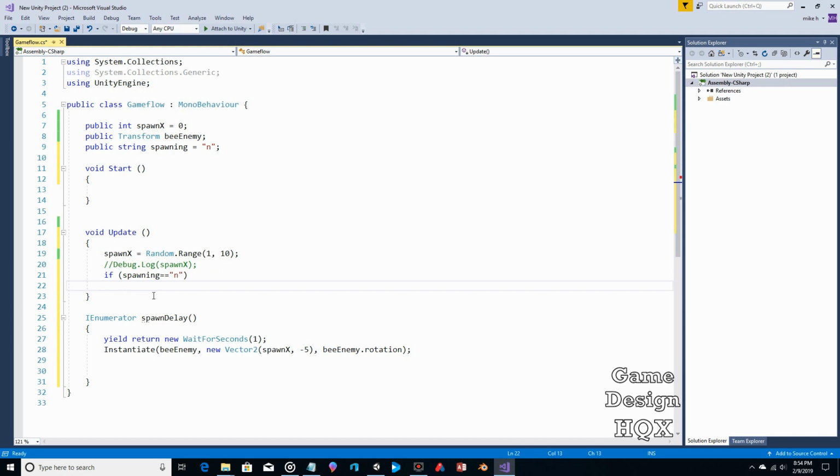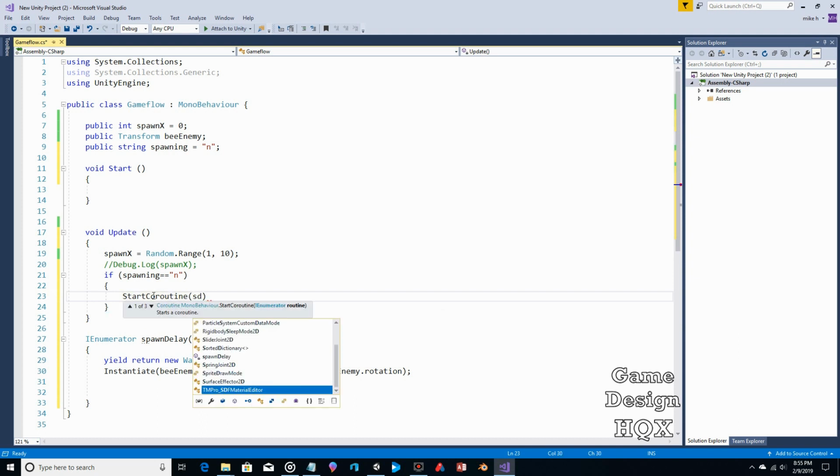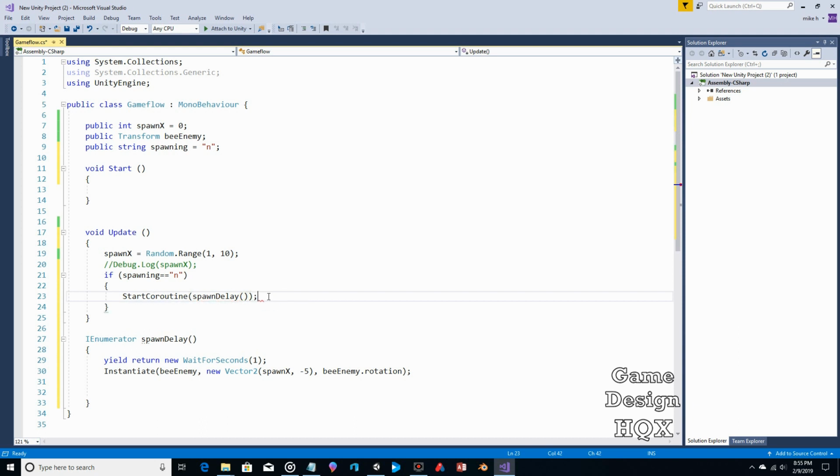Then we want something to happen. More squiggly brackets. So if spawning equals n, then we want to start coroutine, and it's spawn delay. So parenthesis, spawn delay, and more parentheses. So in other words, semicolon at the end. What you're doing is you're taking this entire thing and putting it into another set of parentheses. So spawn delay, parentheses inside of parentheses. Okay, so